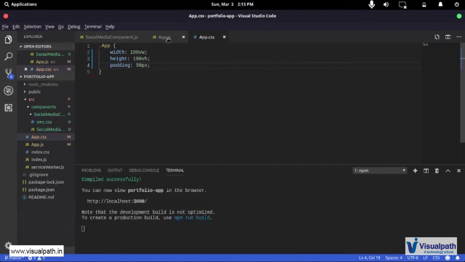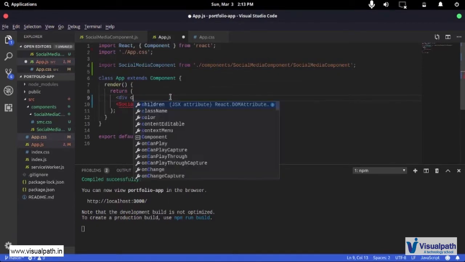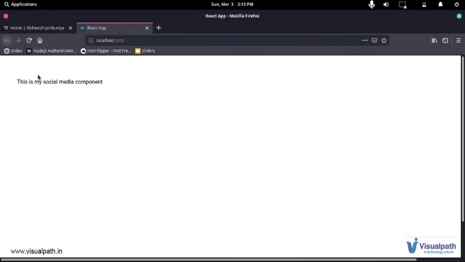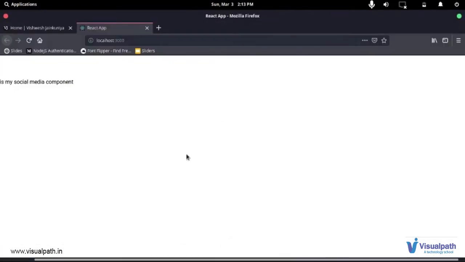And if I save this now, if I go back up top, I'm just going to create a div that's going to contain this app class. Let me just come back to how this is going to work in a second, but just trust me and see if this works once. And if this works once, then I'm going to explain how this is working. If we go back, we can clearly see that we have a width and a height of our component, and it's also getting inside. Now you can also do it like this. So instead of 100 VH, you can do 100% and 100%, and this will also be similar to that. So this is similar to that, and I also have that padding available to me.